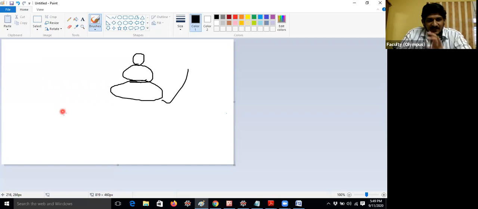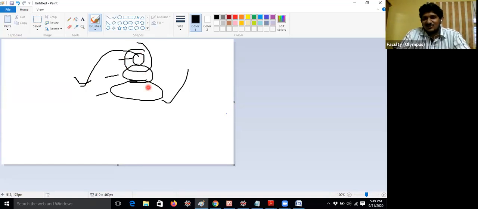So for example, if you inserted, this is the first disk, this is the second disk, this is the third disk. So if you would like to remove one element from the given stack, you have to pop the last item. That means whatever the last inserted item will be the first out. This is called a LIFO, last in first out.